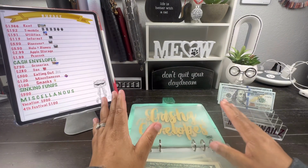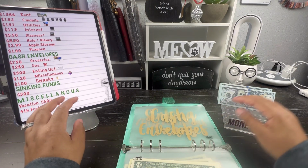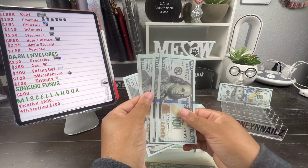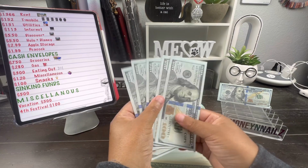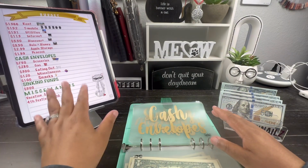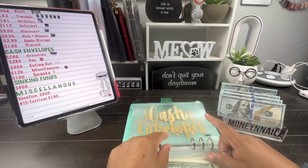Okay, so next item is we're going to do our cash envelopes. So did I take out money for that? Hold on here. I think I forgot to grab money for that. Okay, I had to grab the money for my cash envelopes. So cash envelopes, we are going to do $750 for groceries,